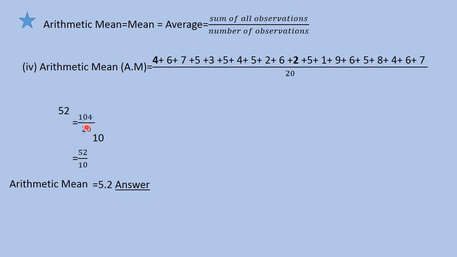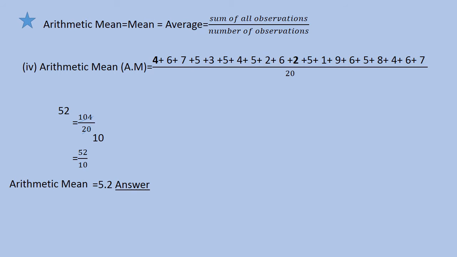Now if you add this, it will be 104 upon 20. So how do you cancel it? First of all, cancel with 2. 10 2s are 20, and in the numerator 5 2s are 10, then 4 is left, 2 2s are 4. So 52 upon 10. The arithmetic mean is 52 upon 10. How do you write it as a decimal number? As a decimal number, 5.2, isn't it? Because it is upon 10, from the right you leave one place and put a decimal. 5.2, right?